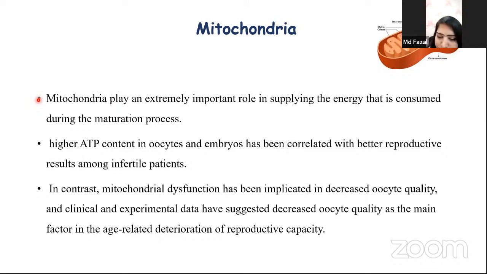And mitochondrial dysfunction has been implicated in the decreased quality of oocytes, and clinical and experimental data have suggested that decreased oocyte quality is the main factor in age related decline. So as the oocyte